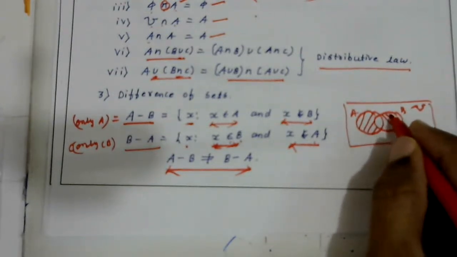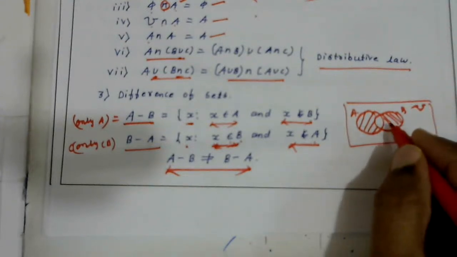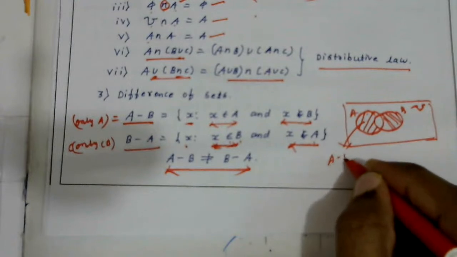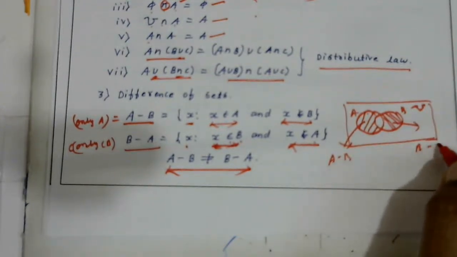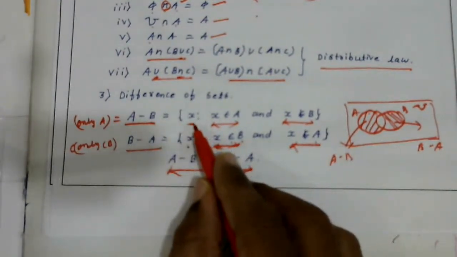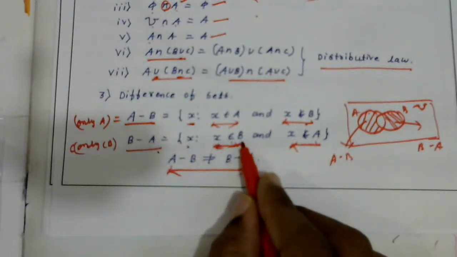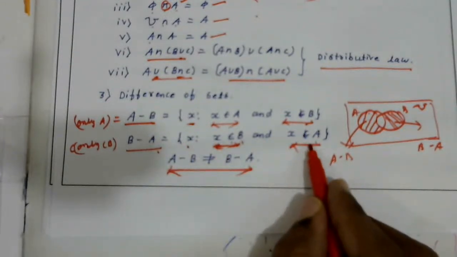B minus A means what? Only B, that is B but not A. So this region is your A minus B, and this region is your B minus A. So A minus B, only A, elements of A but not elements of B. B minus A, only B, elements of B but not elements of A. This is about the difference of two sets. Next is